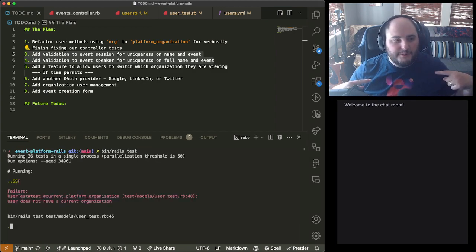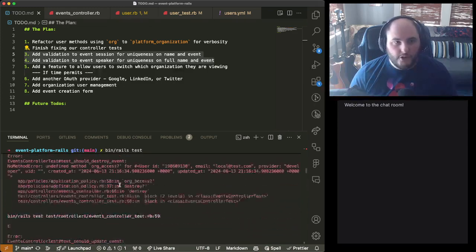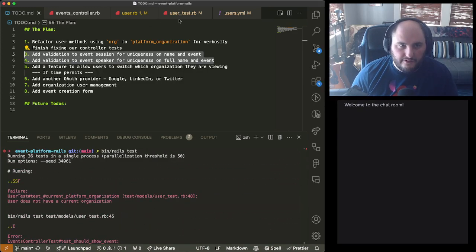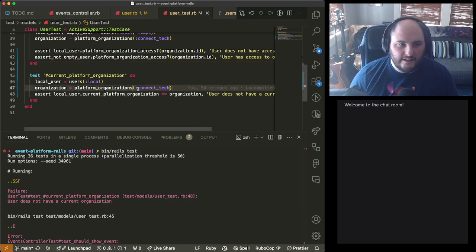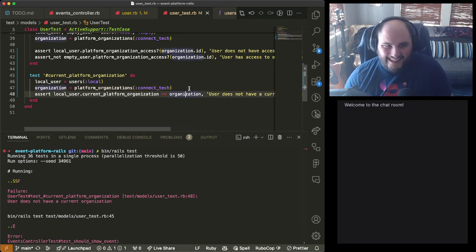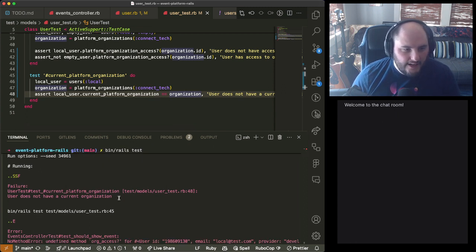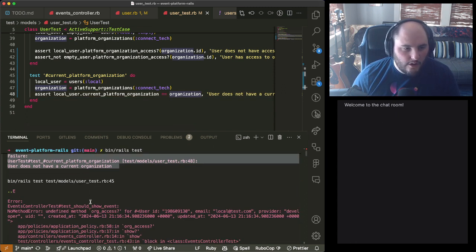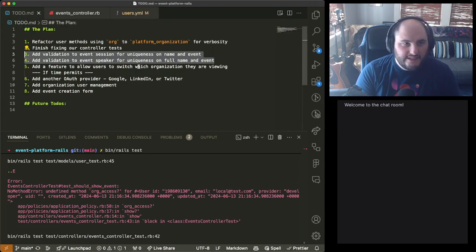But what I would like to do is be able to run this and not have any red before we get started. So I'm going to do a little bit of reverting for now. Well, actually, I'm not going to do anything. I'm going to allow this to be the one failing test because we're going to come back and fix this at the end. So let's go ahead and get through all of it. We see that's a failing test. We're fine with that. Events controller is our next one.